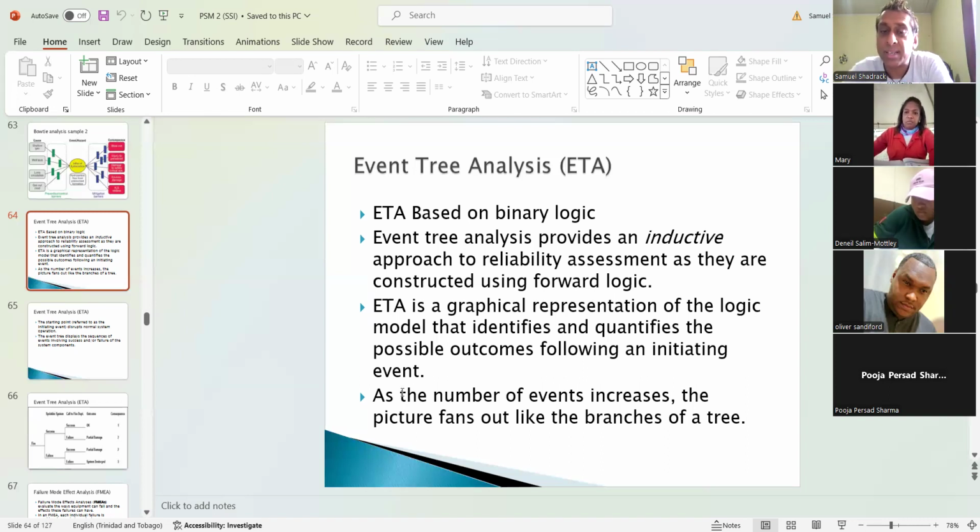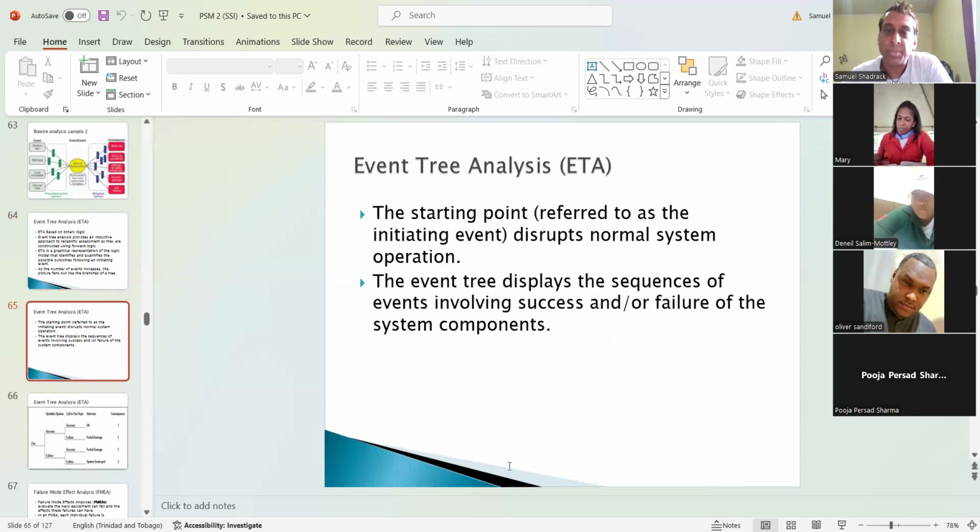As the number of events increases, the picture fans out like the branches of a tree. I'll show you what that is just now, right? The starting point of the ETA is referred to as the initiating event. That is what you're trying to prevent, right? The initiating event is like a chemical spill, a fire, a valve blew out, whatever you're trying to prevent. The event tree displays the sequence of events involving success and failure of the